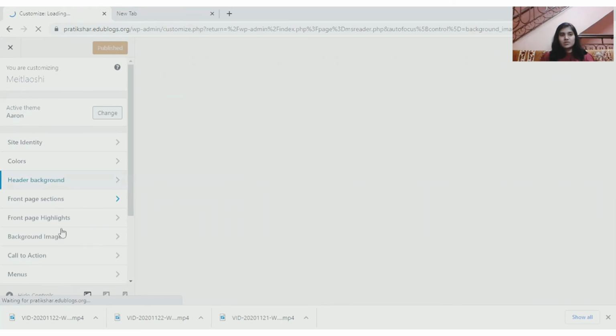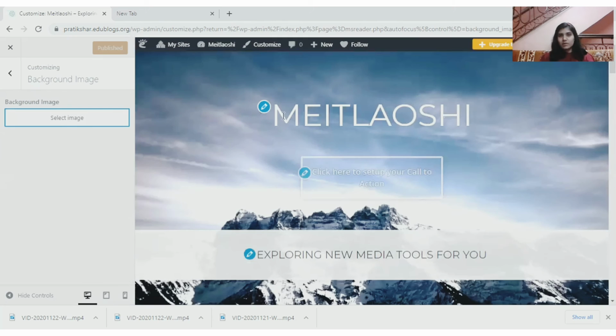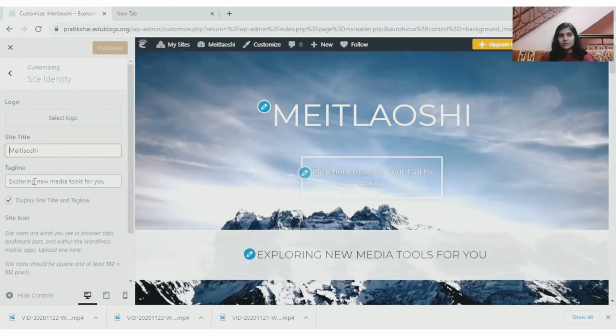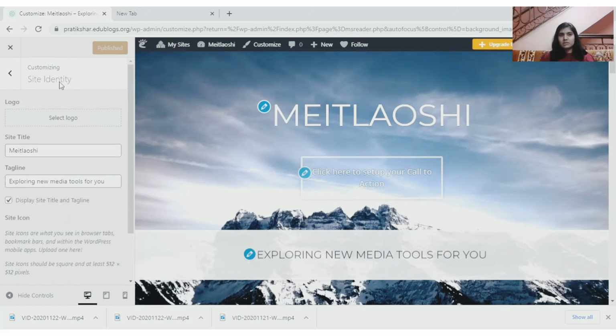You can always change the color. If I want to change the title, the color, or the image, change the image over the logo that I had put that you cannot see over here. But yeah, you can change all these kind of things from this part.